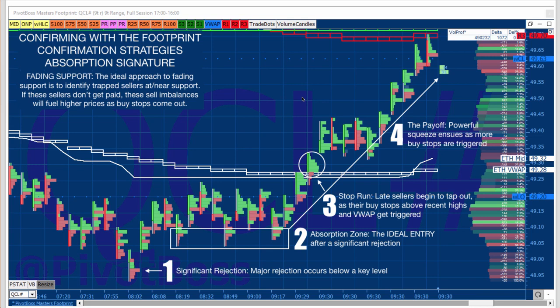And when traders would ask me, back when I worked with a software company, how do you confirm your entries? That was a big part of our education: confirming entries, confirming entries, confirming entries. This is the most powerful way to confirm an entry, and we did not have this back then. And this would have been it. It's not the only way, it's just one of the great ways to do it.